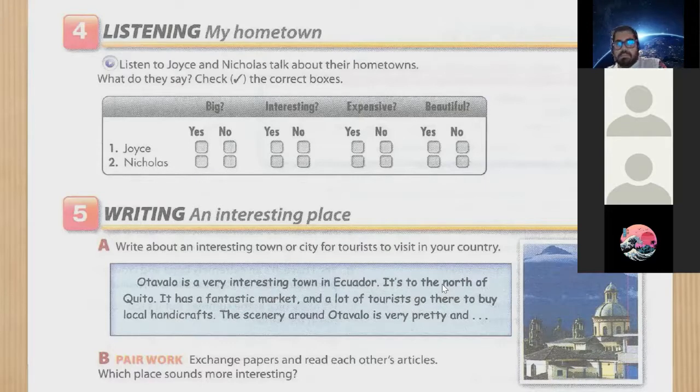2. Do you come from a big city, Nicholas? Yeah, I guess. It's pretty big. So there's a lot to do there? Yeah, it's a really fun place. It has some cool art museums and great theaters and restaurants. Really? How are the prices? Is it expensive? I guess so. Food costs a lot in the supermarket and in restaurants. And apartments, the rents are very high. And what's it like there? What does it look like? Well, it's very clean and it's really pretty too. There are lots of parks and trees right in the center of the city.